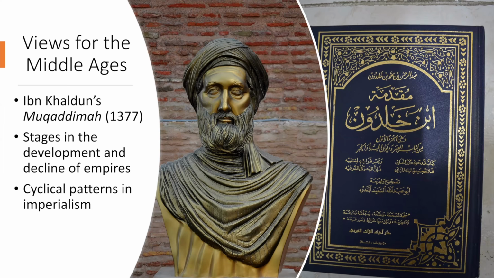Moving closer to now, but still a very long time ago, Ibn Khaldun's Muqaddimah was a really amazing work, basically an incredibly intensive, multi-volume history. In that work, he talked about empires as having cycles of expansion and contraction, or expansion and dissolution, and some of the factors that would cause a state to grow, to stagnate, and then to disintegrate, and then a new cycle of imperialism to follow. And again, he was writing in the Middle Ages, 1377, so a very, very long time ago.